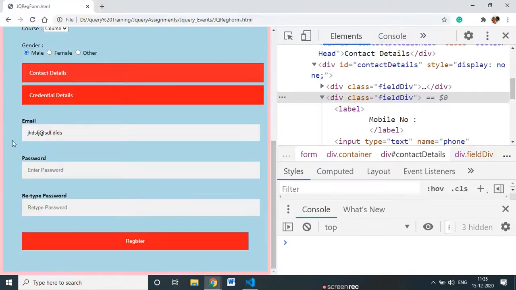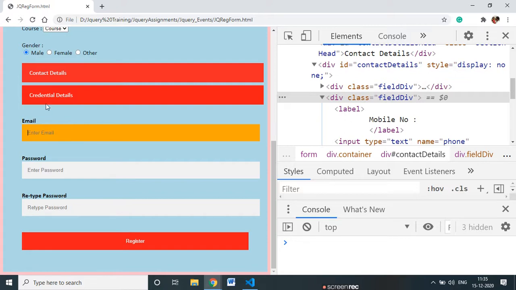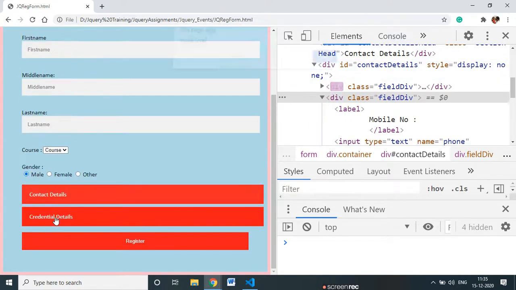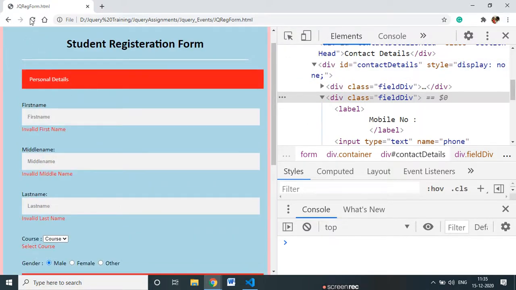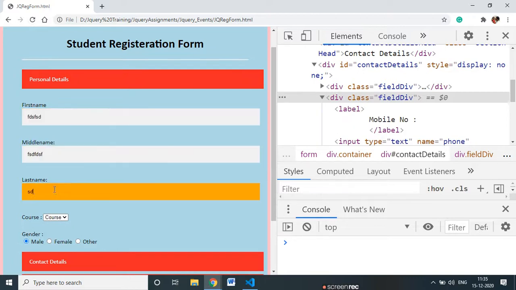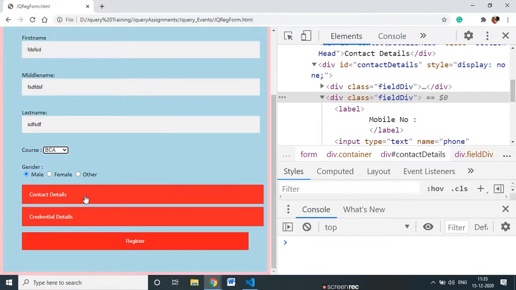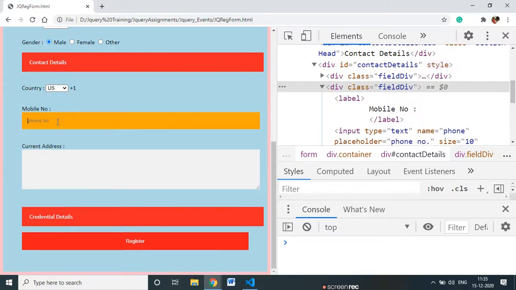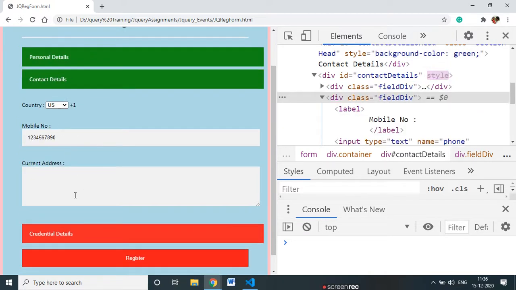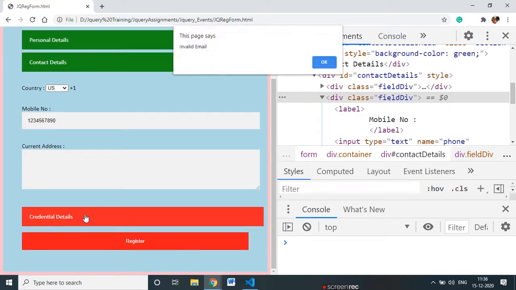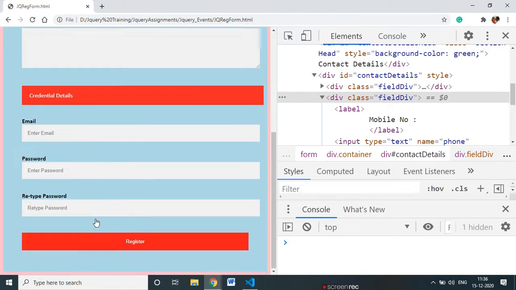So the thing is that initially, once I click here, it gives me the message. On click, everything will collapse. See, you are on a form, you fill these details, you select this. Now you click here, now you fill this, now you put a valid number, 1 2 3 4 5 6 7 8 9 10. Now if you click, it will be green. See, these details are also fine, green. Now here, credential details gives me the invalid email error, even though I have not opened this section, but still it is giving me the error message.